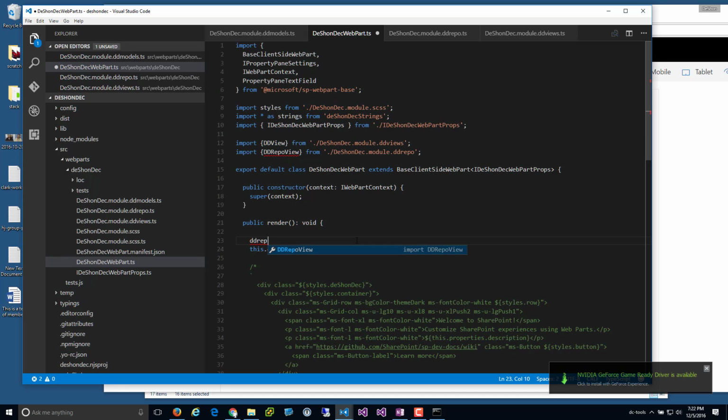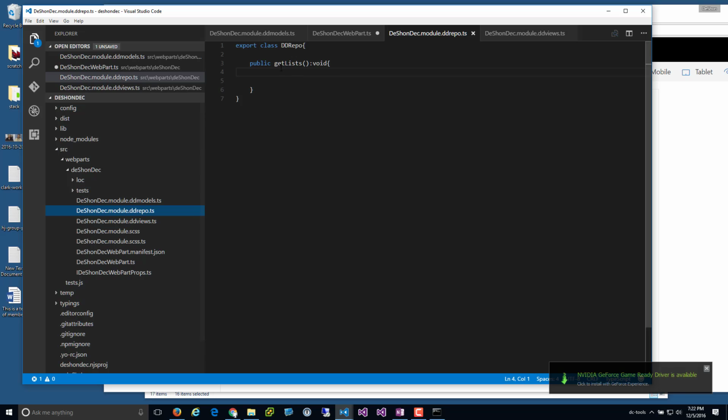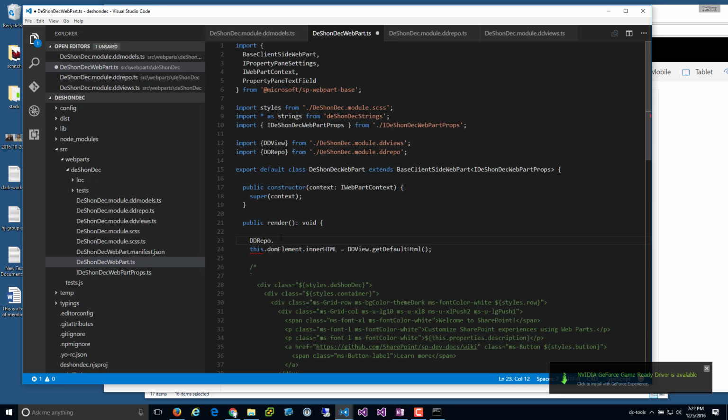Did I forget my static classes and everything? No, this is not right. There we go. So now if I do a DD repo dot, yep, I forgot my static class. I mean my static method. Save that off, come here,